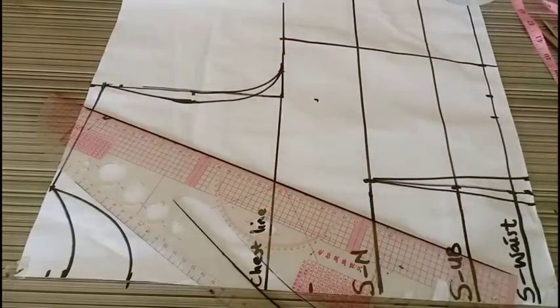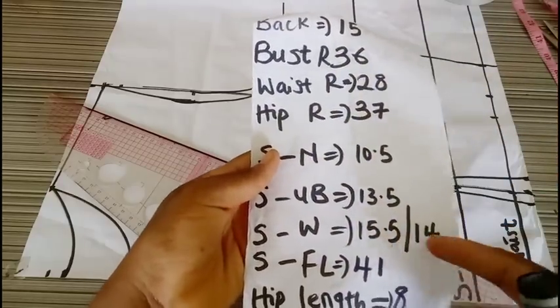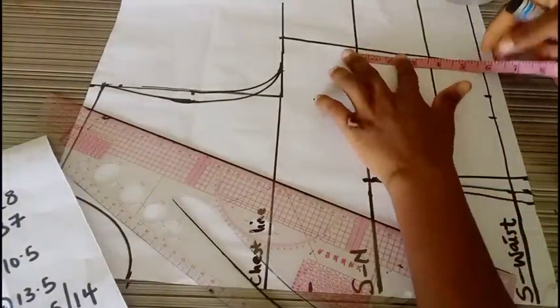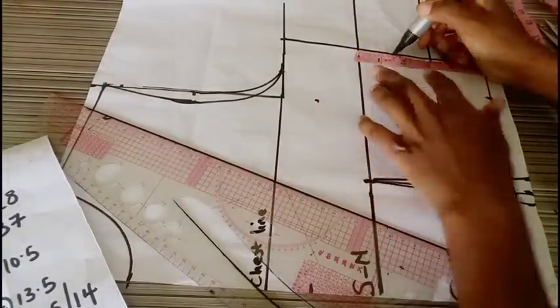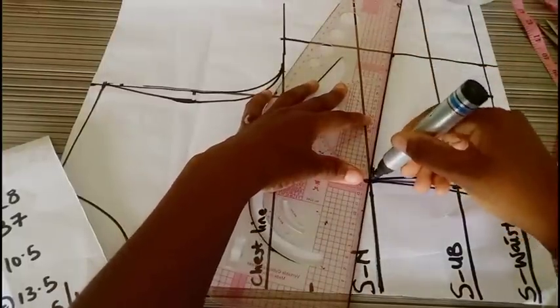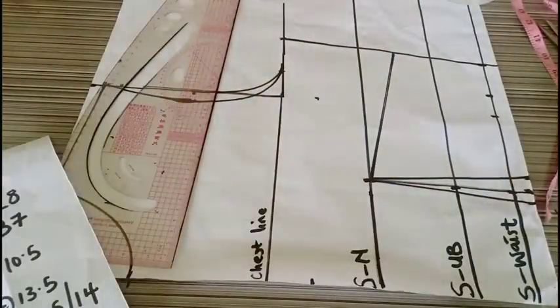Now, the front and the back length is different. The shoulder to waist length is different. For my front, I have 15.5. For my back, I have 14 inches. So the difference between them is going to be 1.5, and I'll be using this to create my bust dart. So from that point, I just went down by 1.5 and I connected that point to my shoulder to nipple